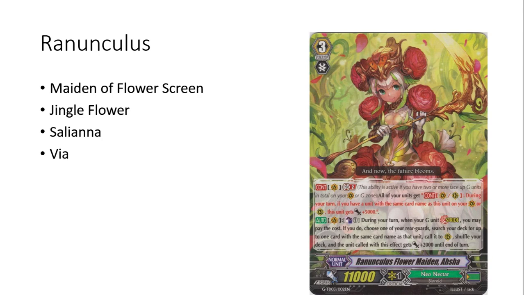Which then sort of mini Jingle Flowers your opponent. Even though it was once per turn, it got really, really insane if you get 3 Vias out, because you basically would have 3 16k attackers if you had enough cards in your drop zone for it. And also, if your opponent retires one of your clone cards, you can put it back in your deck and then re-clone it out again. So it allowed the deck to get over the big weakness it had